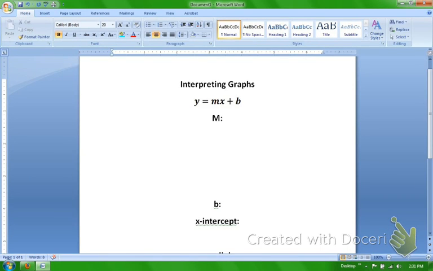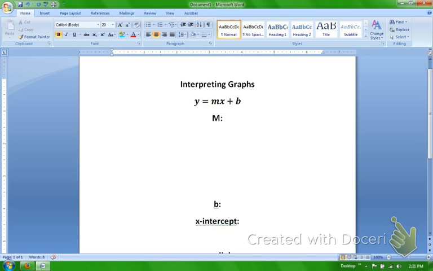Hello, today's lesson is going to be on interpreting graphs. The bulk of this class is based on being able to interpret graphs, to read them, to glean information from them, to use that information in different ways, and to take algebraic manipulations and put them into a graph. So we're going to start with baby steps with some linear graphs to help you get used to identifying key